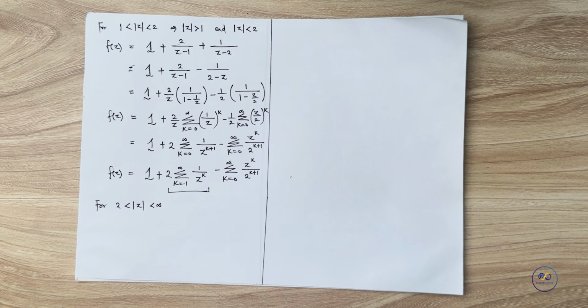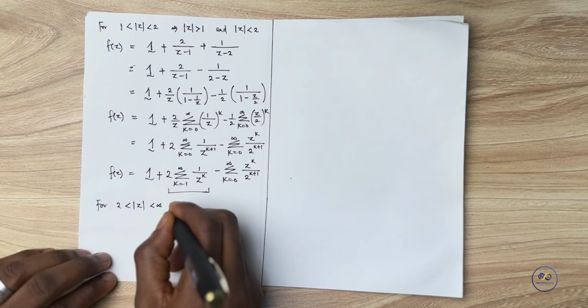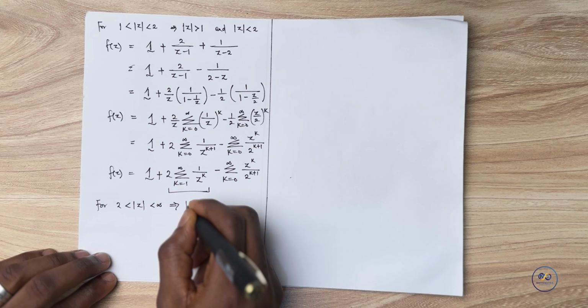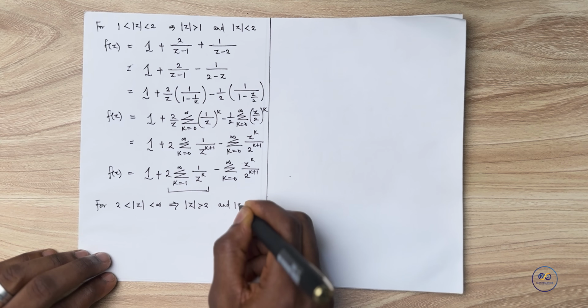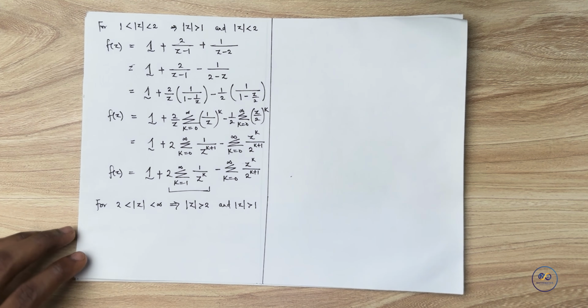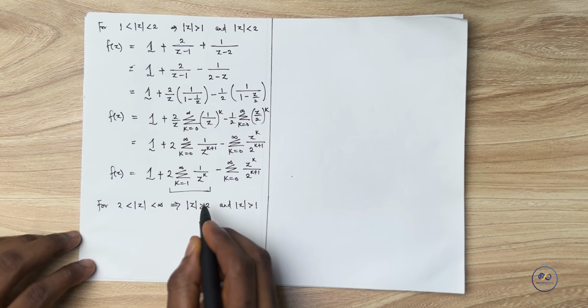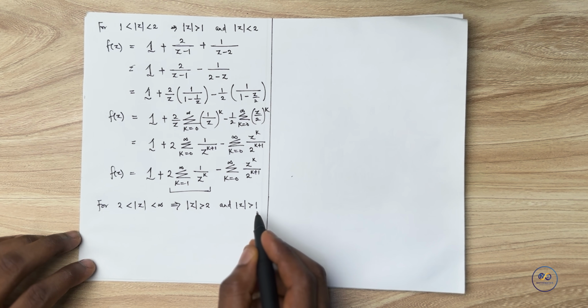Is that true? Take a minute and try to solve this on your own and see if that is correct before you join us for the solution. Now let's go. From here, we are simply saying the absolute value of z is greater than 2, which obviously means immediately the absolute value of z is greater than 1. So it means absolute value of z minus 2 makes it positive, and absolute value of z minus 1 is